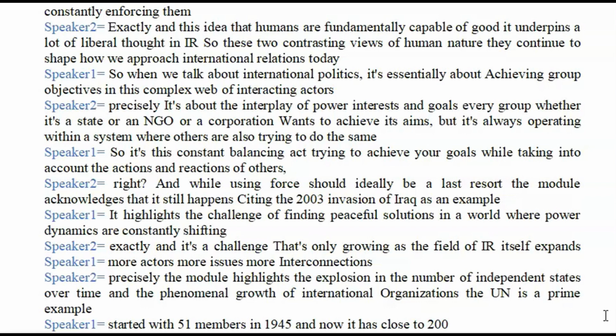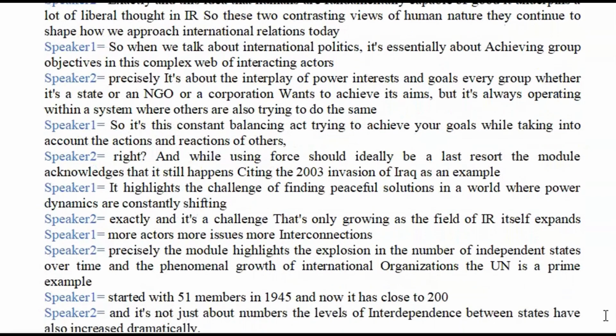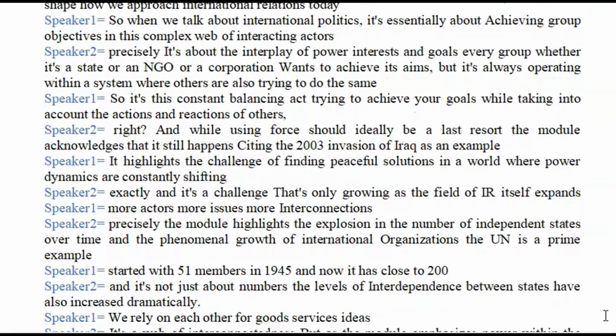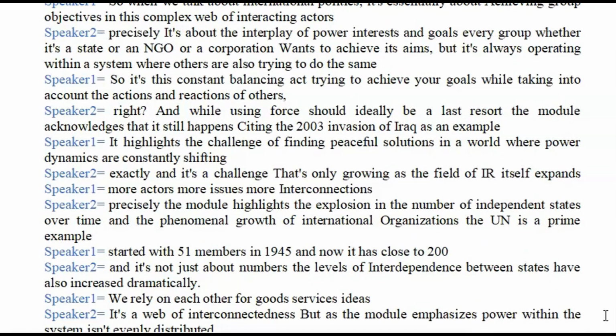So when we talk about international politics, it's essentially about achieving group objectives in this complex web of interacting actors. Precisely. It's about the interplay of power, interests, and goals. Every group, whether it's a state or an NGO or a corporation, wants to achieve its aims, but it's always operating within a system where others are also trying to do the same. So it's this constant balancing act, trying to achieve your goals while taking into account the actions and reactions of